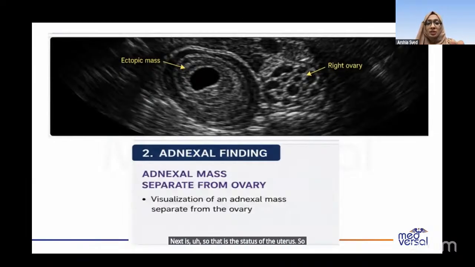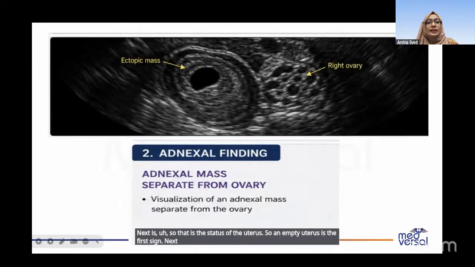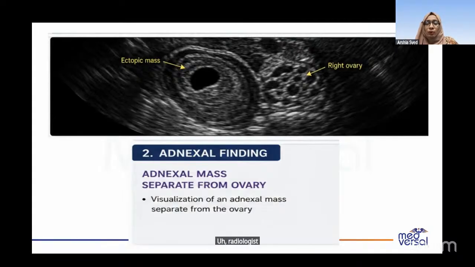So an empty uterus is the first sign. The next sign is that of an ectopic mass. Once you give the history to the radiologist, or yourself, if you're doing the scan and UPT is positive, then you're in search for the